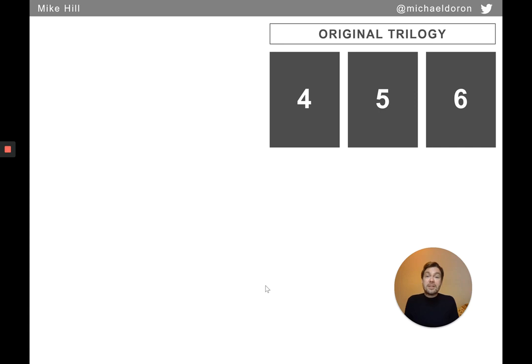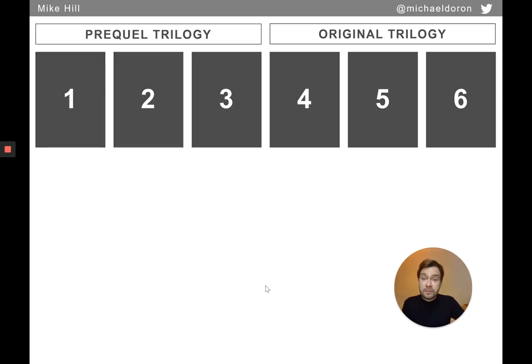The gist is that the original Star Wars trilogy were the films that were made in the late 70s, early 1980s. Then 20-odd years later, the producers of Star Wars wanted to make some more money, so they decided to make 3 more films, which were the prequel trilogy. Now, as you can see from that name, even though they were made later, the prequels are set before the original trilogy. So the newer films happened in the story before the original films.